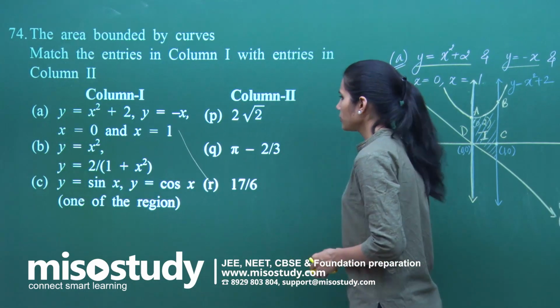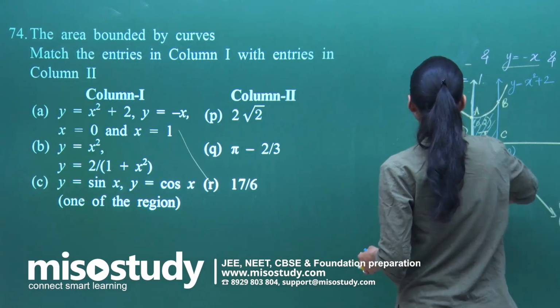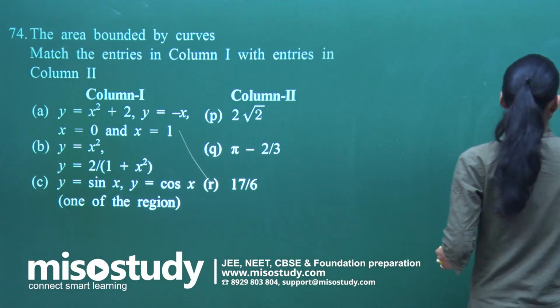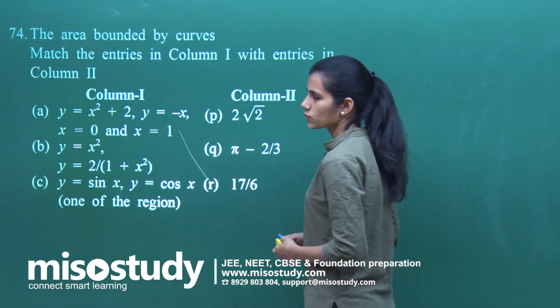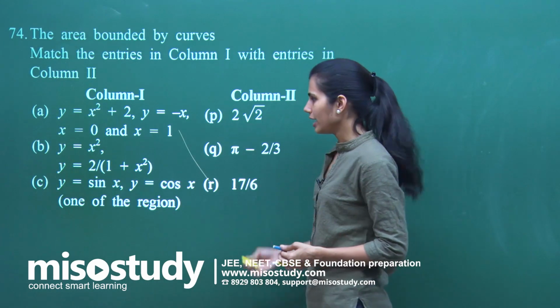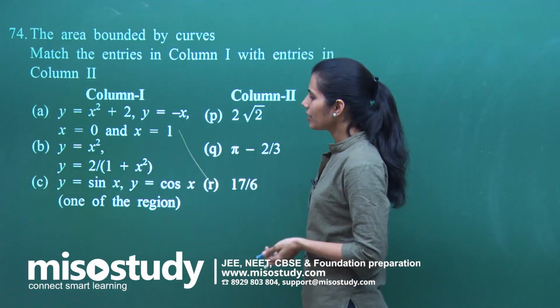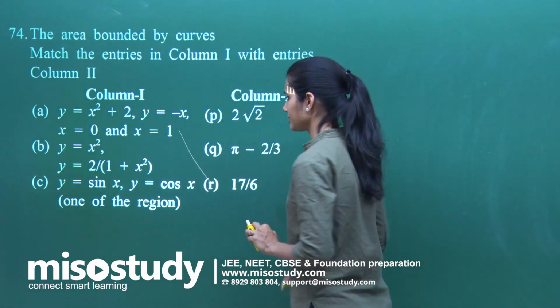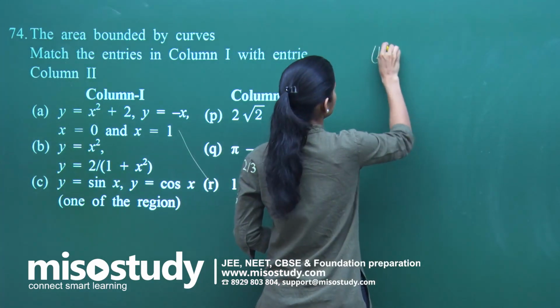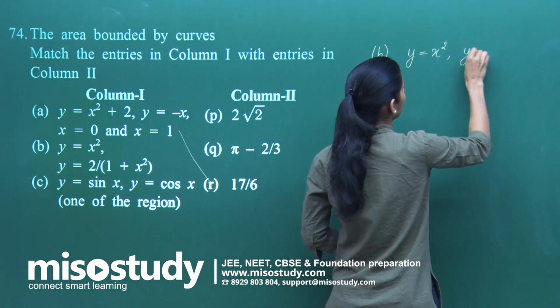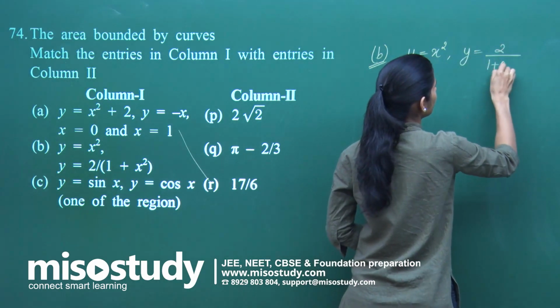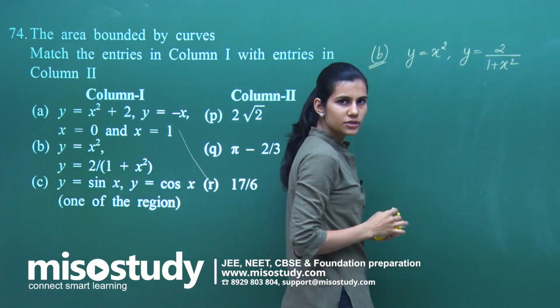Let's move to the next one, which is my B option. Let's see what is the area corresponding to the figure given in column 1's B part. It is y equals x square, which is my standard parabola I know. Another is y equals 2 upon 1 plus x square. So your B is y equals x square and y equals 2 upon 1 plus x square. Now see,